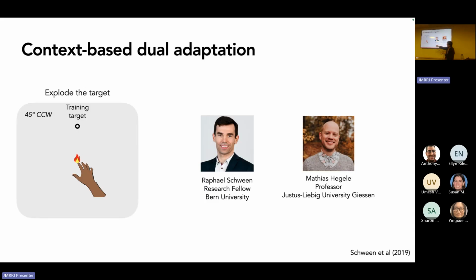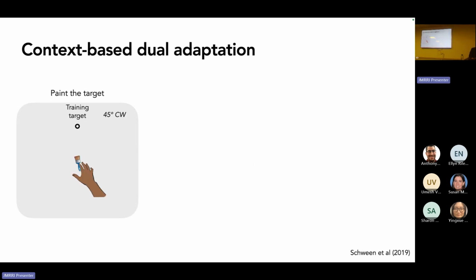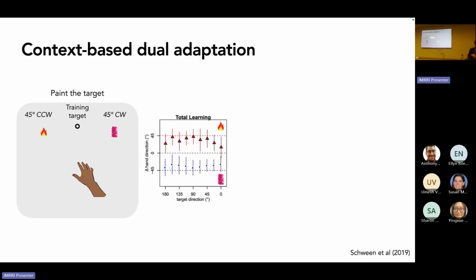So in this one, imagine this is my cartoon version of it, they're controlling a flame, and what they're supposed to do is explode the target. So they'd reach the target, and then the target would explode. Okay, that's the action outcome association. And that was linked to a counterclockwise rotation. And then they have another one, which was like paint the target. So you control a paintbrush, and you reach the target, and then you paint it. And that is linked to a clockwise rotation. And what we found is that this kind of action outcome association could then separate the two methods. So you wouldn't get catastrophic interference.